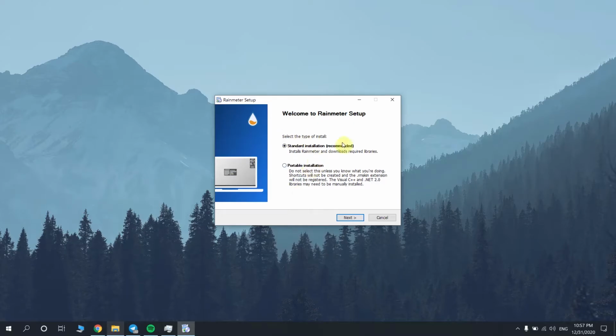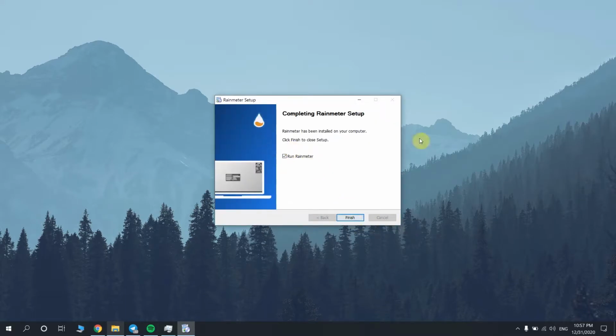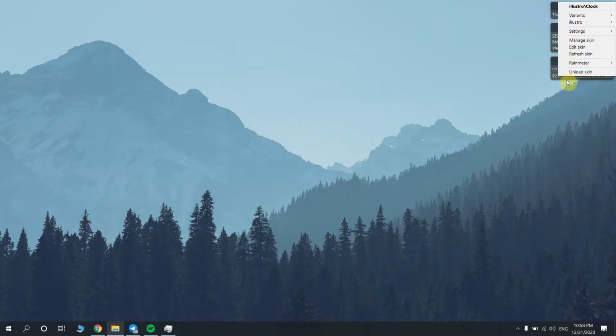Just follow the instructions. Standard, recommended, fine. Install 64-bit, launch Rainmeter on startup, cool. Yes, run Rainmeter. Now it will show some preset skins. When you right click on each one of them like this, you can see some settings here. Now you have to unload these skins. Unload each one of them. Now that you have unloaded all these skins,